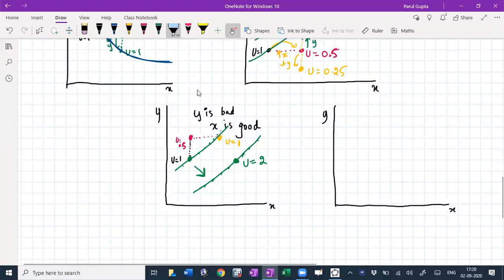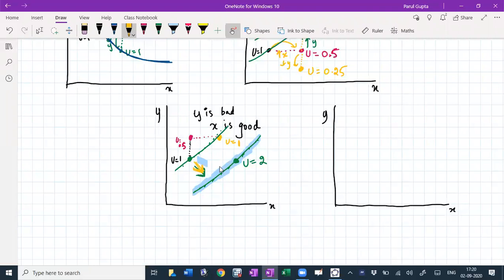Let me just highlight it so that I can refer to it easily. The blue shaded curve is lying below the green curve, but the utility associated with the blue shaded curve is higher than the utility along the green curve. So this corresponds to a higher utility height or higher function height, which means the utility is increasing in this direction. That means from this point, if you give me bundles in this direction, then